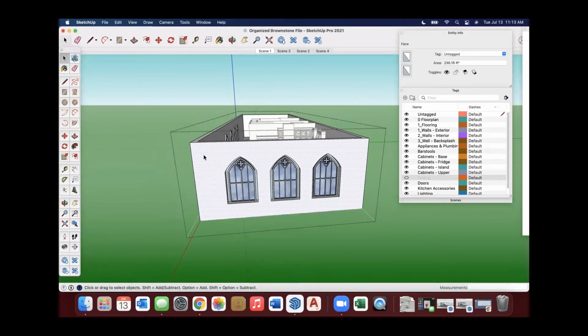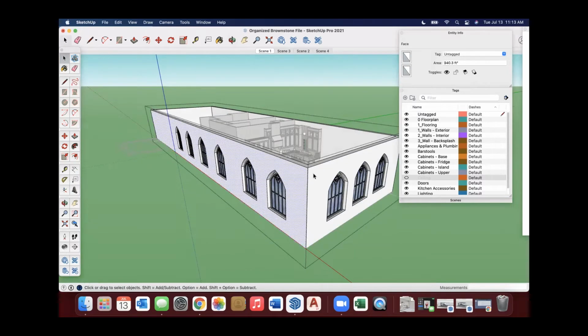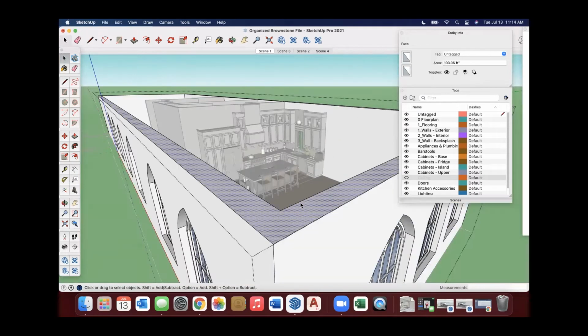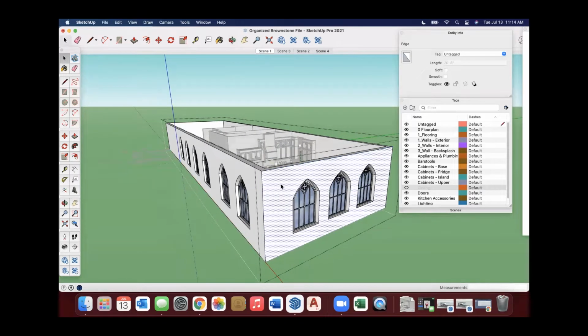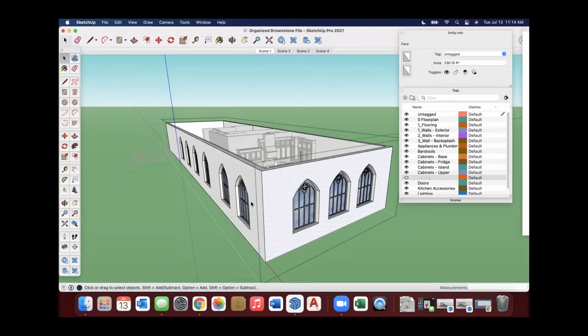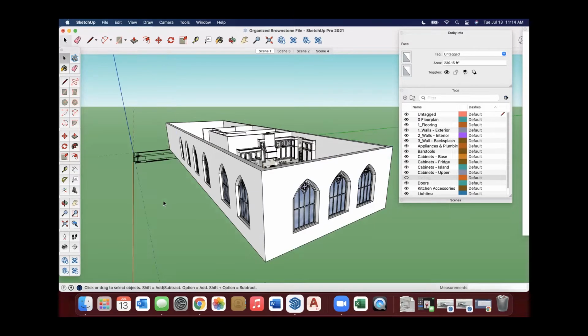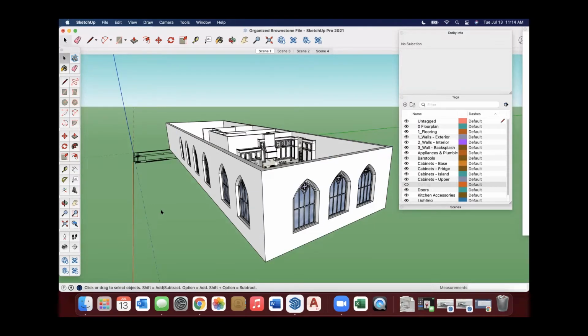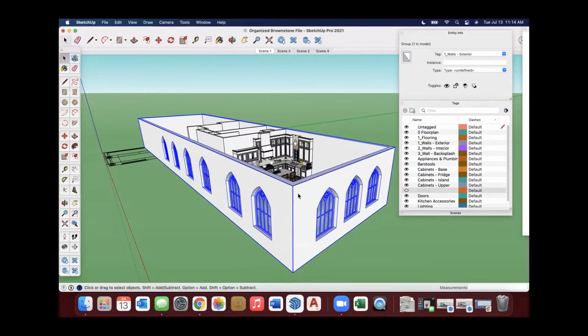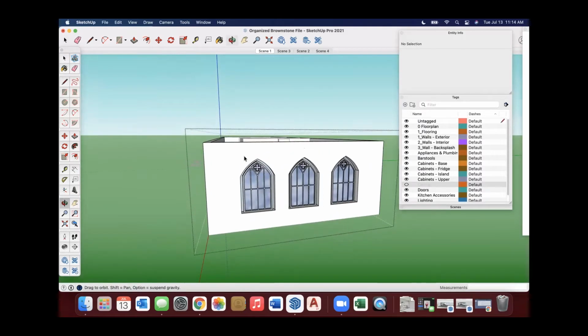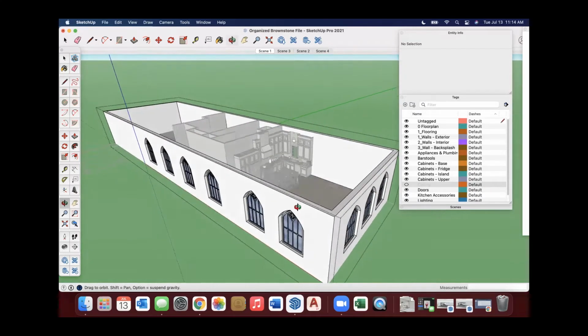If I want to draw something, now that I'm in that edit mode, it will let me select individual faces and edges and make any changes that I need to. Then when I'm ready to close the group and get it back to being sealed or locked up, I just click off of it. A lot of times I'll just click outside the model, and that closes it up. Now if I just single click on it, it's back to being a group. Again, if you double click, that's when it goes into edit mode, and then you can see the bounding box around here. That's what allows you to make changes.